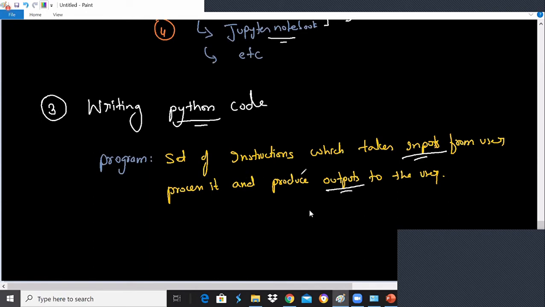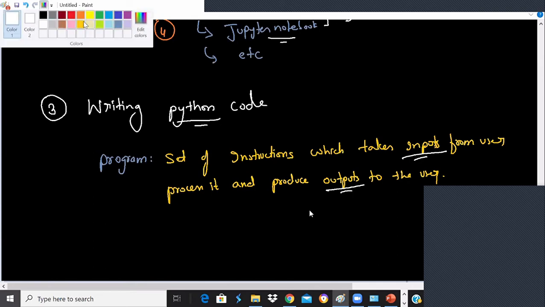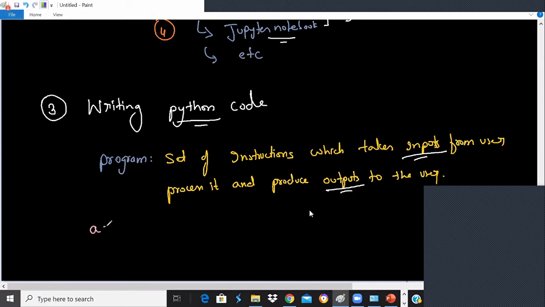Set of instructions means it will follow its own syntax to write the code. It's a group of instructions given to a computer system which runs your code. Like in our addition of two numbers, I showed you that I wrote a program something like this. I wrote a is equal to 2 and b is equal to 3. Then I wrote c is equal to a plus b. Then I wrote simply print c. You see how easily I can write my addition of two numbers now.